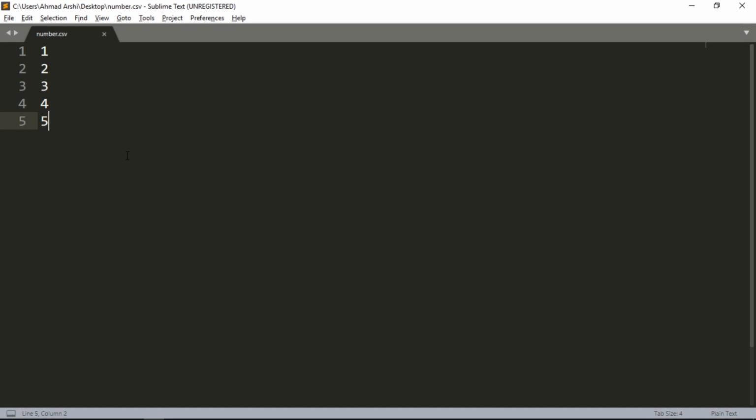So here you can see that we have a number.csv input file that includes a set of numbers, and the number is in this orientation. Now what we are going to do, we will manipulate this CSV file in a minute when we want to spice things up. But right now what we are looking at is we need to just get the numbers, add one to it, and then filter out all those numbers which are greater than, let's say, 3. So we just take this file, put it in the Databricks environment, and then we will read data from there and perform all these transformations.